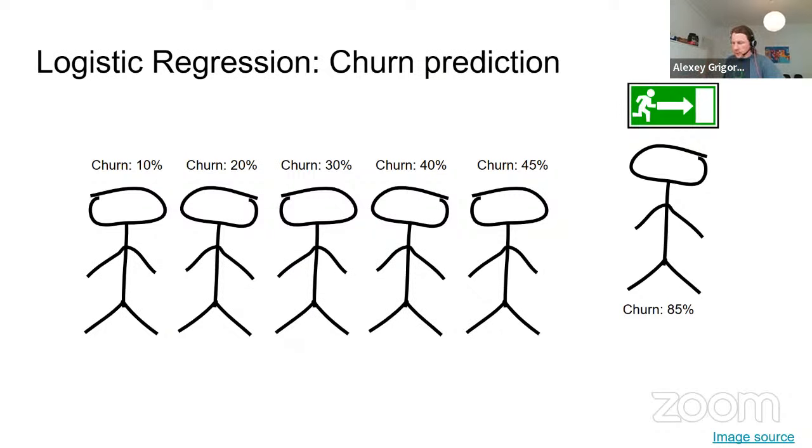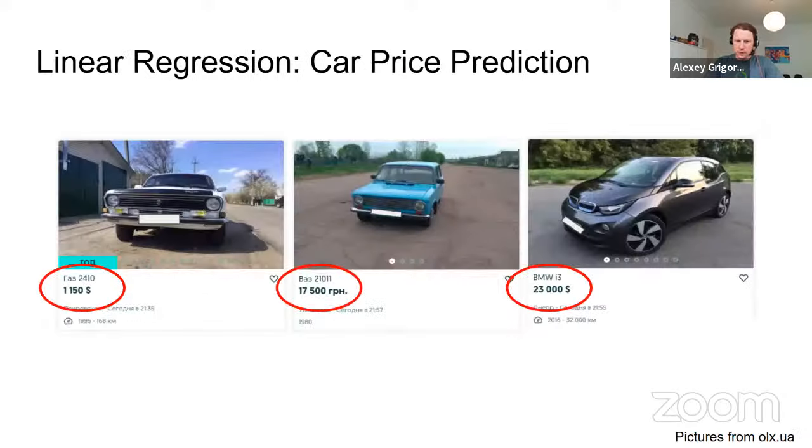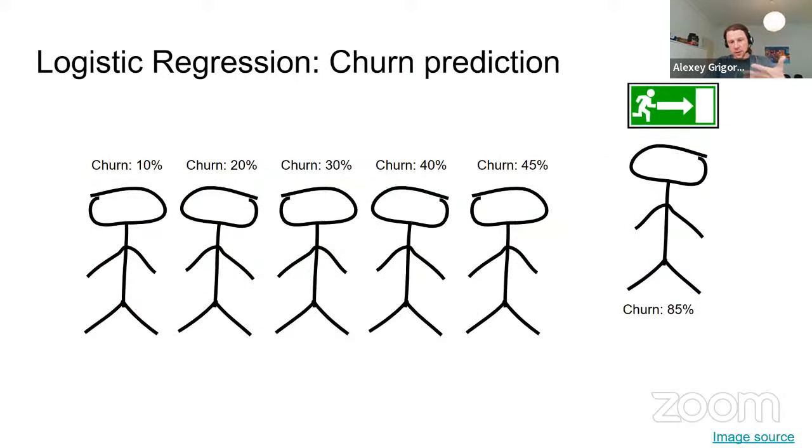Then in module 3, we will talk about the classification problem. Before, we were predicting a number; here we will predict a binary outcome. The project we will implement as part of this module will be churn prediction. We have some customers of an internet company, of a telecom provider.